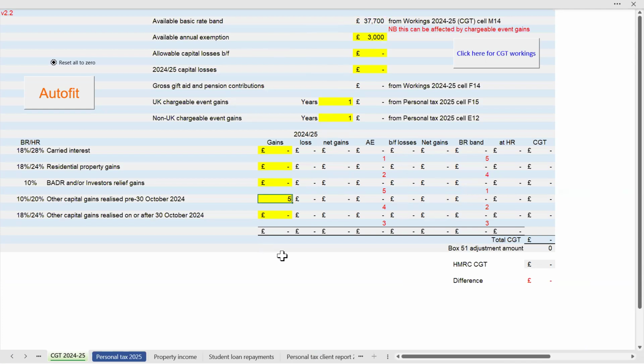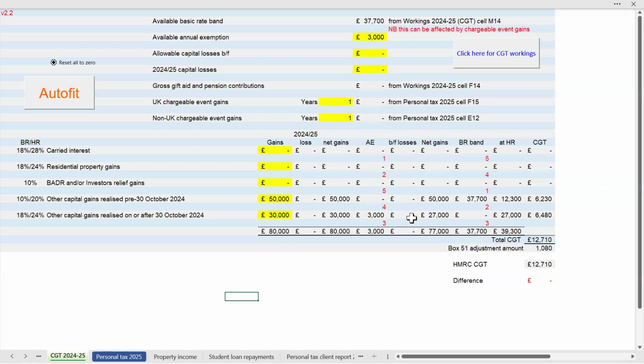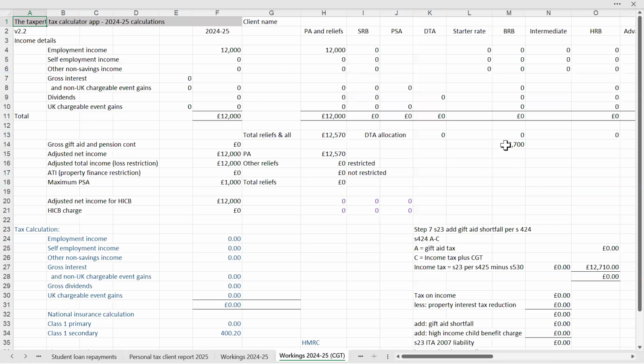Let's have a mixture here of 50,000 before budget day and another 30,000 on or after budget day. And we can see that the basic rate band available is allocated to the pre-October gains rather than to the post. And we can see that the tax liability is 12,710, and again, HMRC agree. And we can have a look at, well, the workings. In fact, all we do there is work out what the available basic rate band is, and that'll be the normal 37,700 in this case, because the whole of the income is covered by